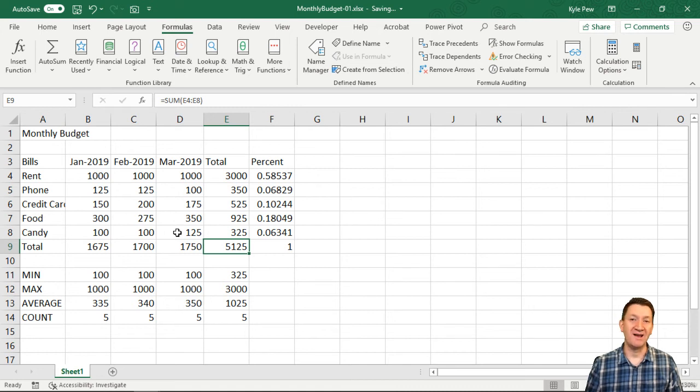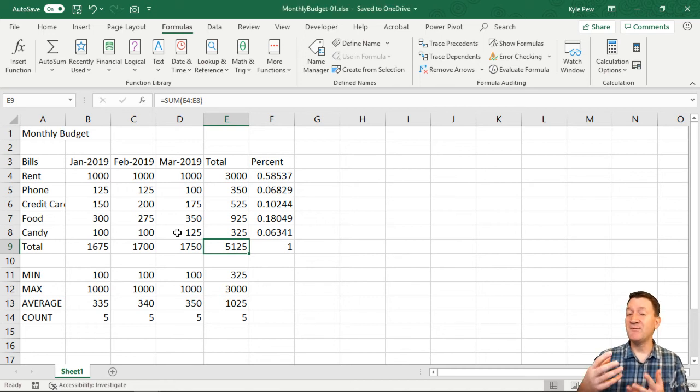It's your auto sum button. Complete them all, get it done, single button press, be able to sum up a range of cells. If it's wrong, not a big deal. Just go correct it, give it the correct range of cells, and you're done. So try this out. Go through, delete out the totals, and repopulate them.